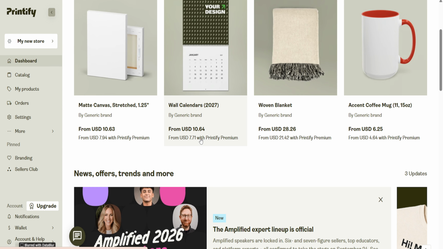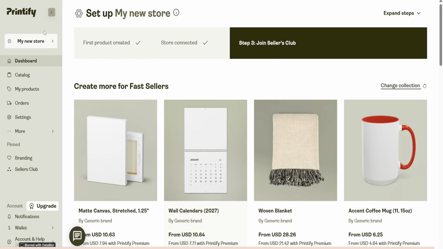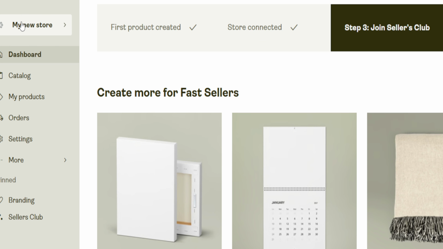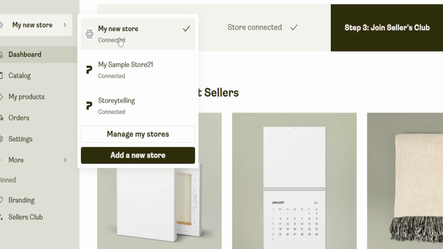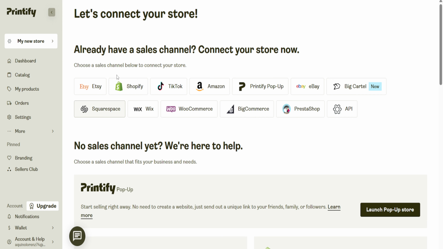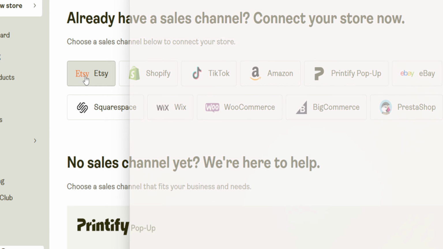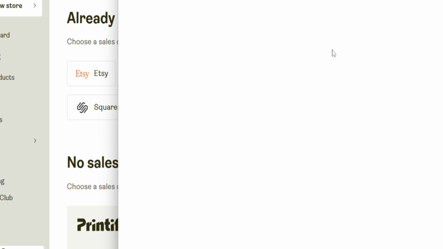From the dashboard, find the New Store drop-down. Click it to view the available options for adding another sales channel to your Printify account. Next, choose Add a New Store, then select Etsy. This starts the connection process between Printify and your Etsy shop, allowing Printify products to be published and fulfilled through